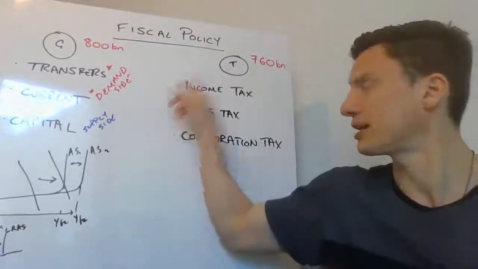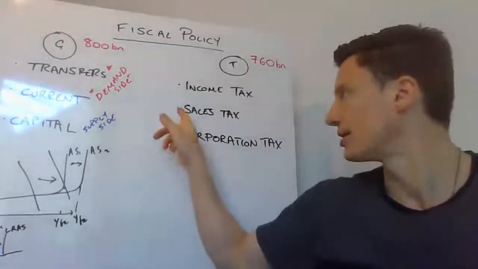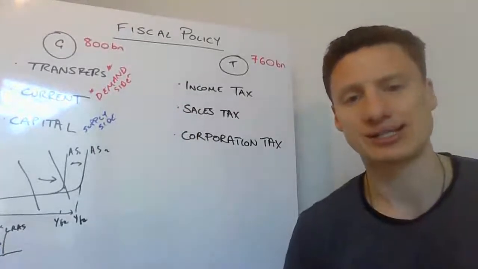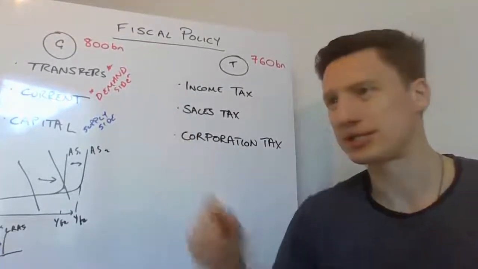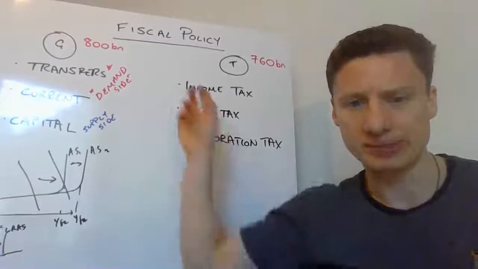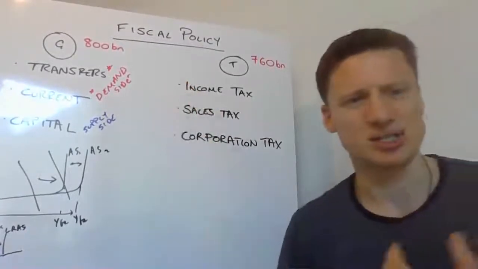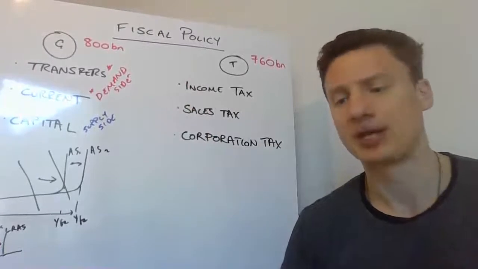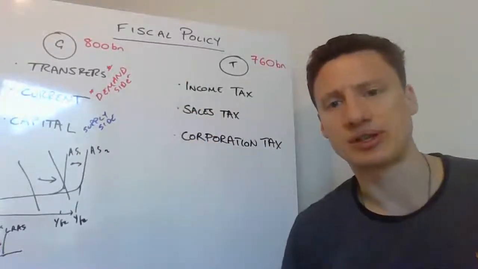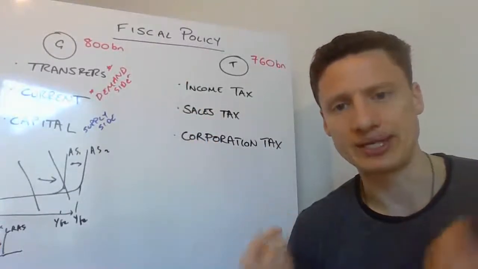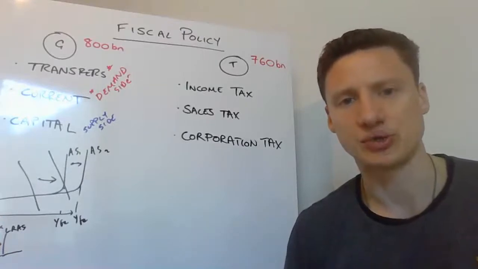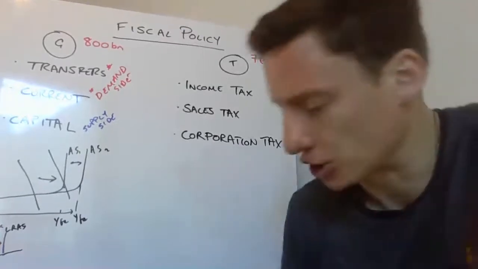And for what it's worth, income tax is the largest in the UK. VAT or sales tax is the second largest. Corporation tax, I think, is the fourth. The one that's missing from that last list is national insurance contributions, but that's really just a second type of income tax. I use these three because I think they make the point neatly for me about all the different effects you can have in an economy using taxation.